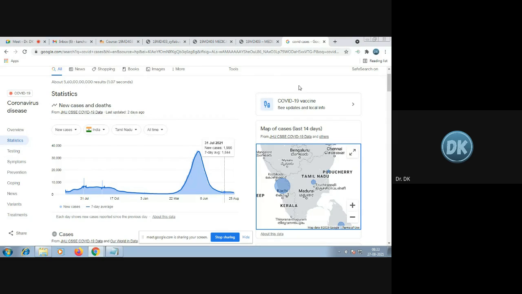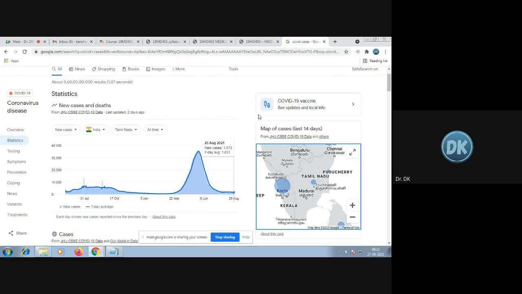When you take this data and you want to predict whether within the next 2 months the COVID cases will increase, or decrease, or be flat, right? In that case, you will use some algorithm, some tool, some computer code. That is used to predict. Once you know the data from the previous 2 months or the previous year, and you give that data to the computer, it will find out and predict whether the cases will increase or decrease. That's how we use the data to predict the future, right?